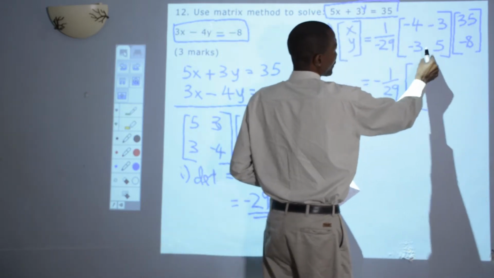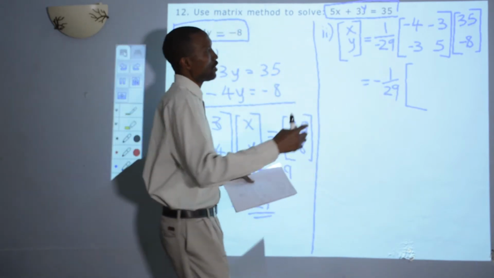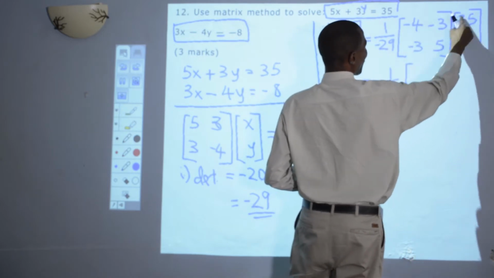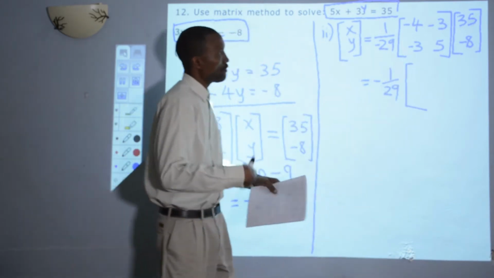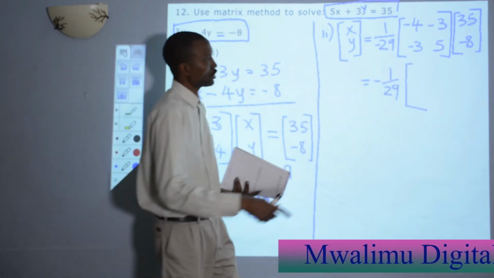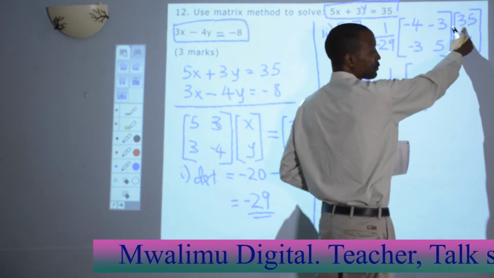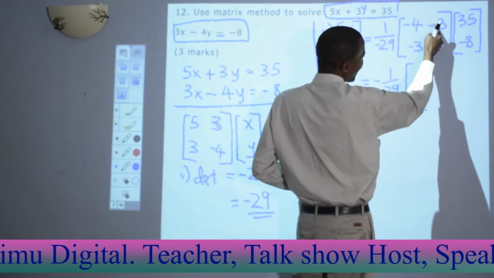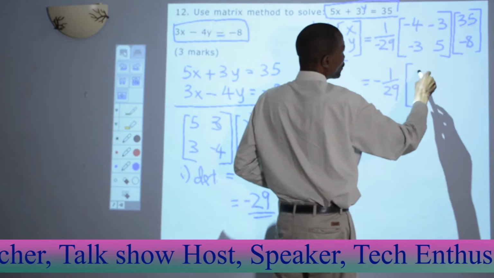We multiply this matrix by this matrix, and you remember how we do matrix multiplication? We do row by column. This element by this element, this element by this element, then you add them up. Very fast, when you do the multiplication, this becomes negative 4 times positive 35 is negative 140, plus this negative becomes positive 24, which evaluates to negative